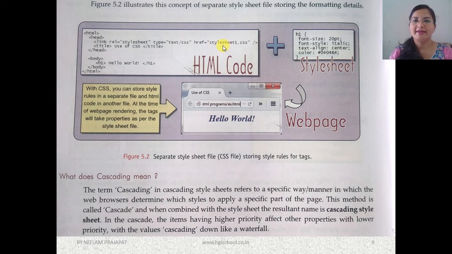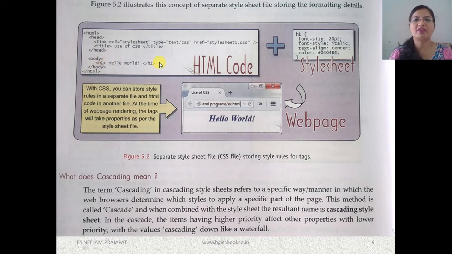Then stylesheet1.css. This file is a notepad file, and it is saved as stylesheet1.css, and then we will save this document. This document contains only one heading, so we can copy it as many times as possible.